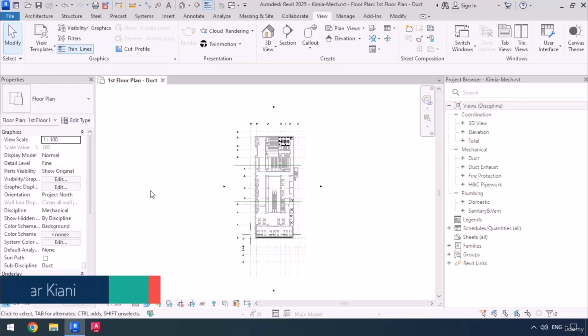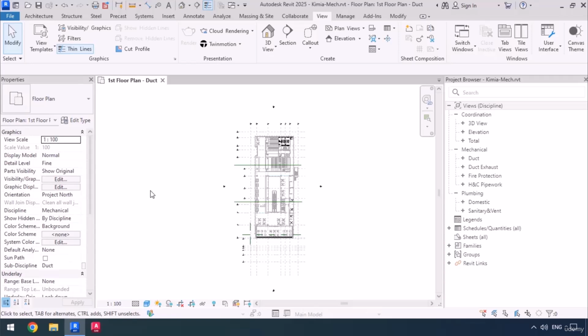To review all of the things that we've done so far, first we opened a template from one of the Autodesk Revit default templates, and then we linked the architectural file in that template that we opened, and then we monitored the levels from the architectural file, and then we created all the views that we needed.